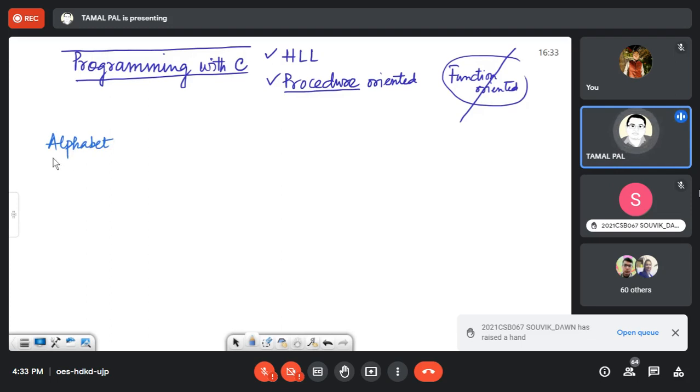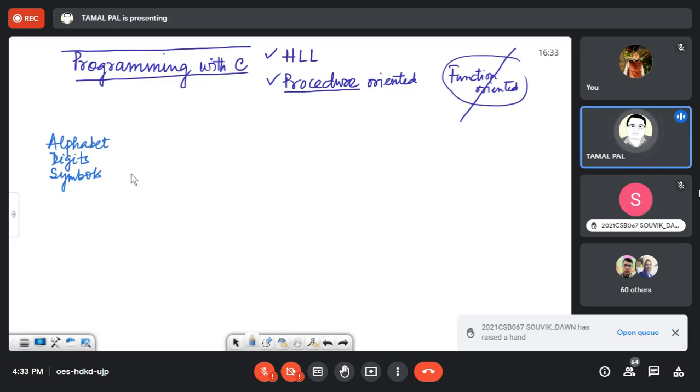Not only alphabet, for numbering, you have to know numbers, digits, better to say. Some special symbols, maybe you have to know some symbols like this one, like this one. This type of things you usually write.